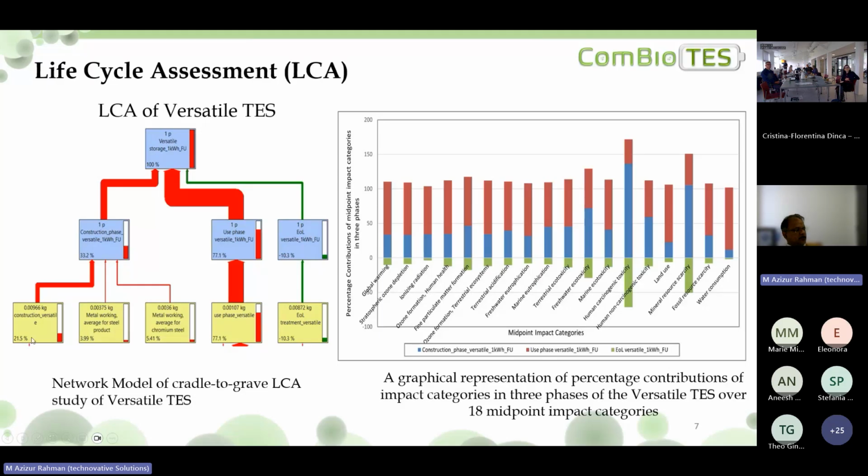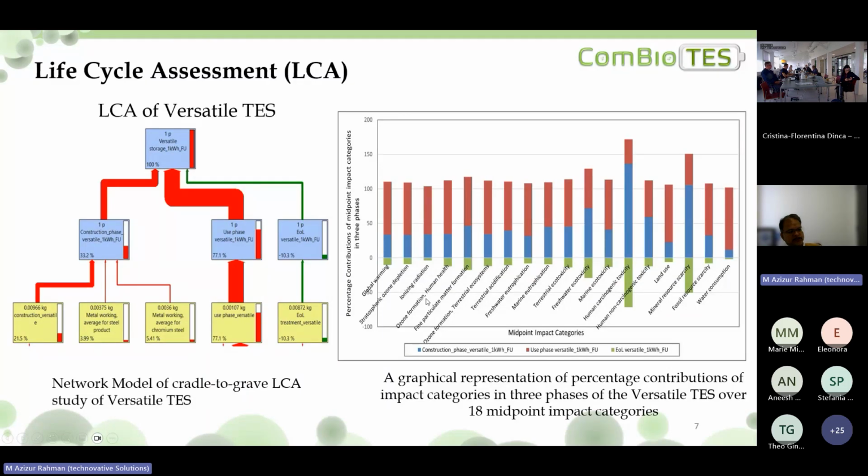Also, at the lower level, we can see the different components: constructions, metalworking, average for chromium steels and other steel products. So these are the main components of the storage system, and here you see the percentages. The numbers are small, in kg, but you can see which one is contributing more. Here on this side, the tool also produces results in the 18 midpoint impact